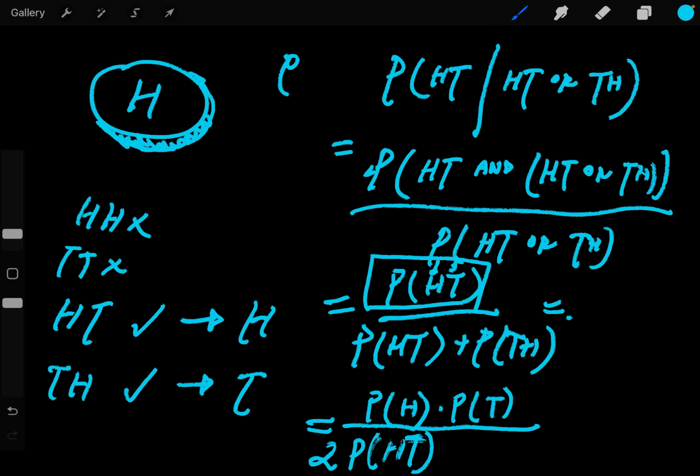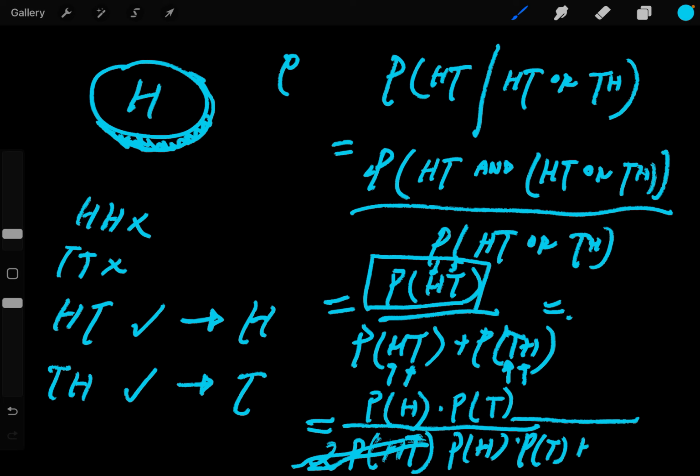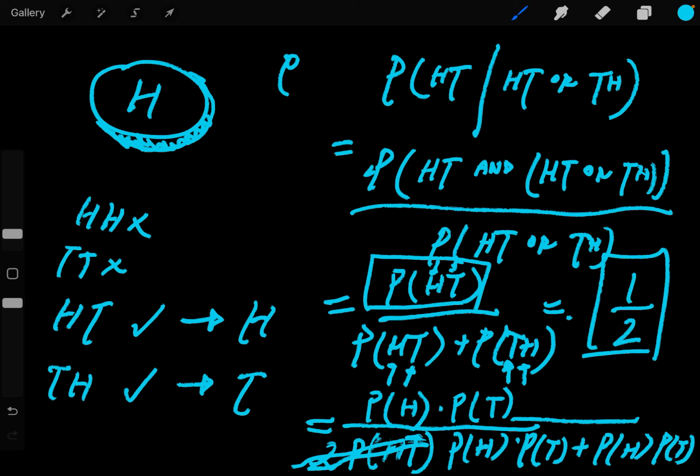No, you would need to say, yeah, because you don't know if the probability of tails, heads is the same thing as heads, tails, if the coin is not independent. So we can't say this. We would have to say that then it is the probability of a heads times the probability of a tails, and then we know that multiplication is commutative, so it's the probability of heads, probability of tails over here, and then this all simplifies to 1/2. And that's exactly what we wanted, that the probability of a heads, tails, i.e. getting a head, we're calling this a heads,